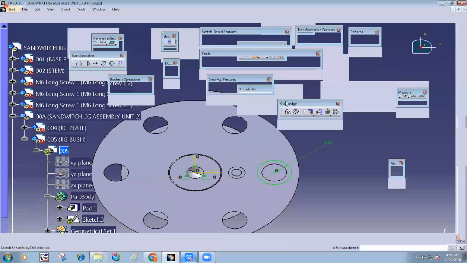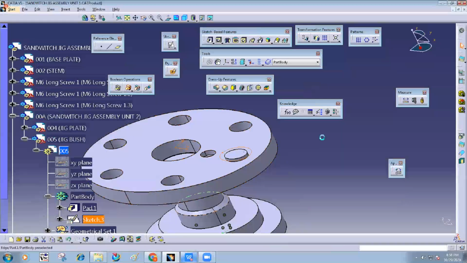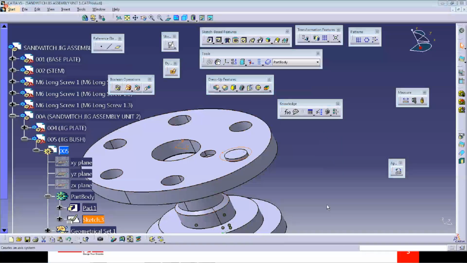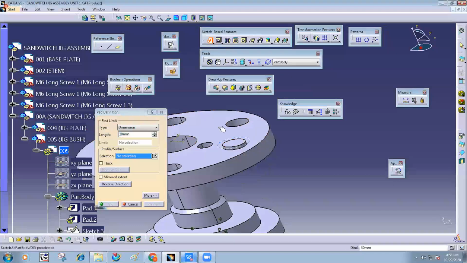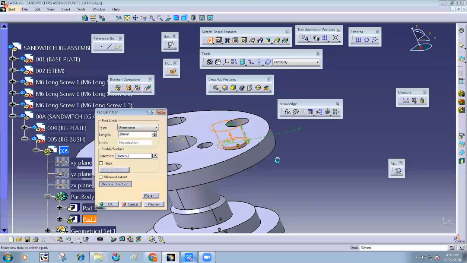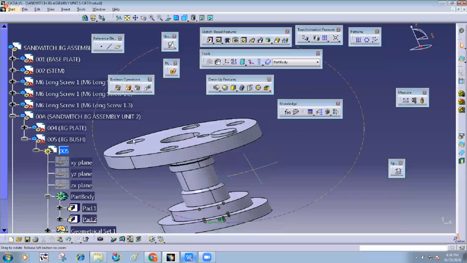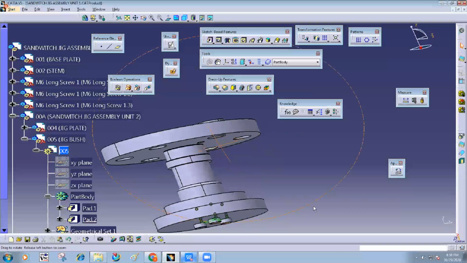Exit, add material. Take this reverse direction 5 mm. Preview. Okay. Now there is a hole inside it.